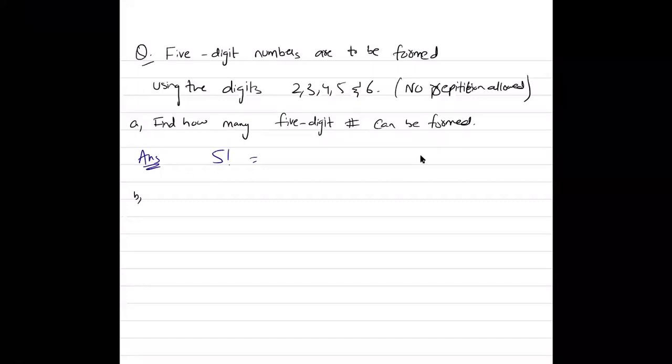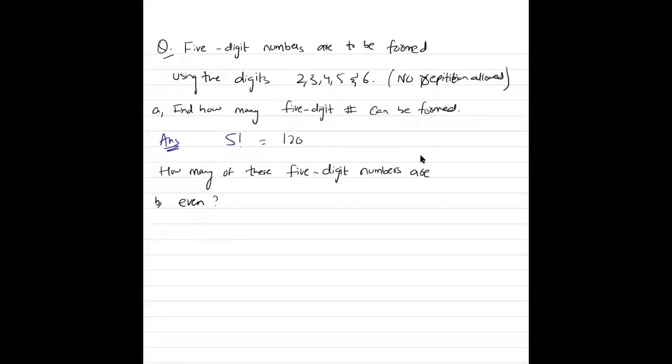120. Now the second part says how many of these 120 5-digit numbers are even numbers? So how many of these 5-digit numbers are even numbers? An even number is a number that ends at,